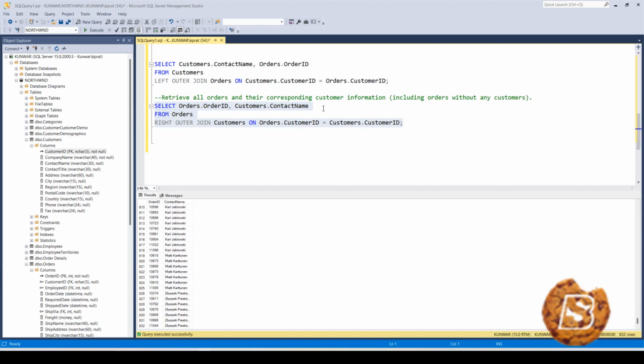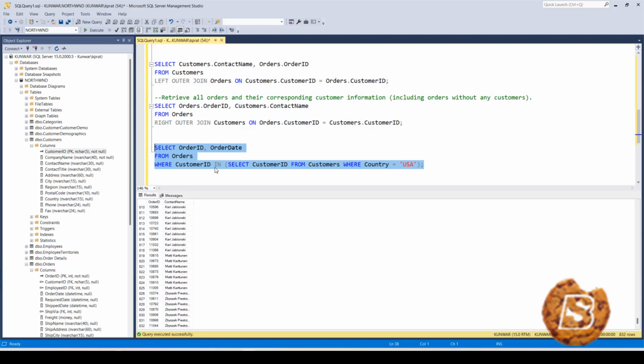Now the next example that we will be covering will be of subqueries. Let's say we have a query where we want to retrieve orders placed by customers located in the USA. So what we'll do is we'll have this query where we are saying order ID and order date and customer ID from customers where country is equal to USA. So again we are making use of the in statement as I mentioned, but you can see that within a